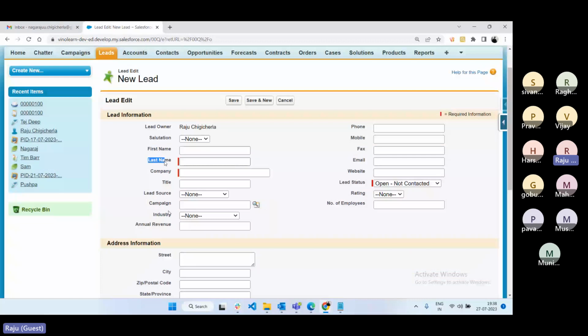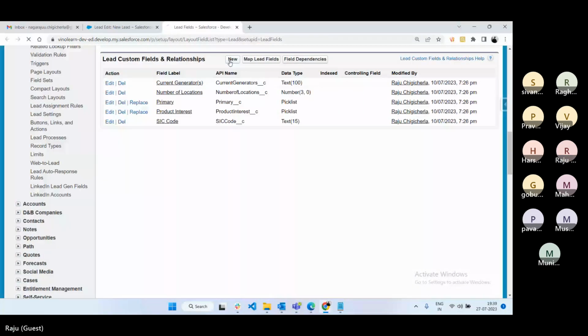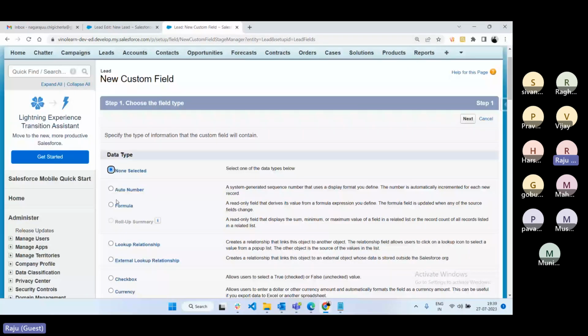If they enter a last name, plus 25. Enter a phone number, plus 25. Enter annual revenue, plus 25. How to calculate? Let's see. Click on view fields, create a new custom field, select the formula, click on the next button,